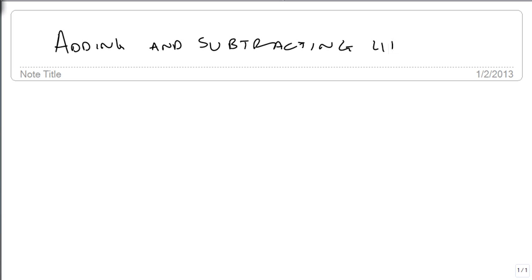Let's talk about adding and subtracting like radicals. This is similar to what we did with like terms, in that when we add and subtract, we need to make sure that what we're adding is similar. Specifically, a like radical is any term